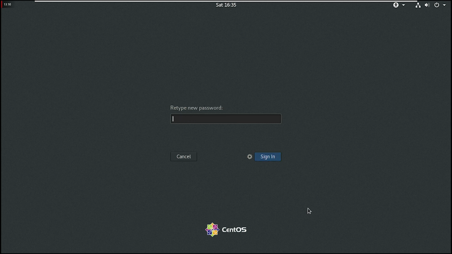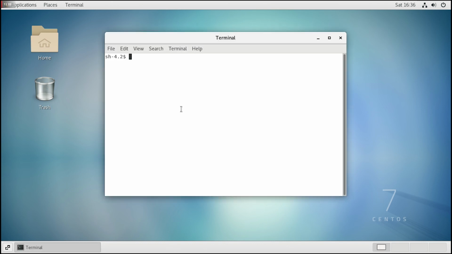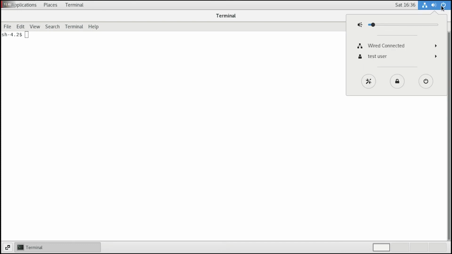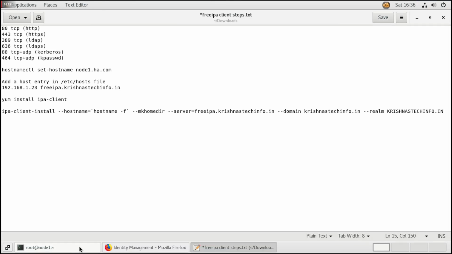And again retype the password. Click sign in. Now we can see we have logged in as test user. So in this way you can add your clients to the FreeIPA server.